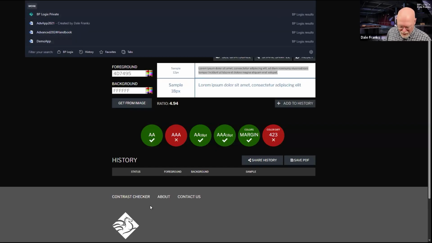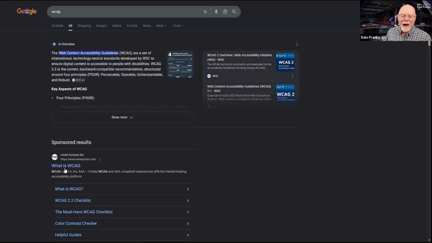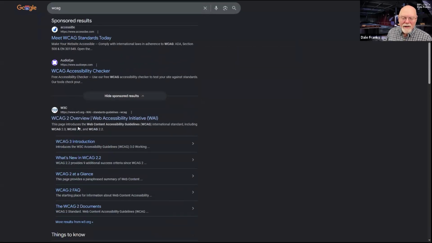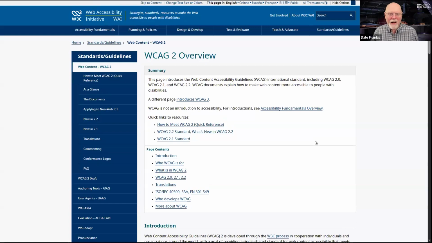And those WCAG standards, well, we can actually look them up on the web. We can just look up WCAG. Let's actually go to w3c.org. W3C is the World Wide Web Consortium, which is where W3C comes from. This is more or less the standards body that determines what the web standards are. What is HTML? What are the specifications for various things? And one of the specifications they came up with is the WCAG, the Web Content Accessibility Guidelines.